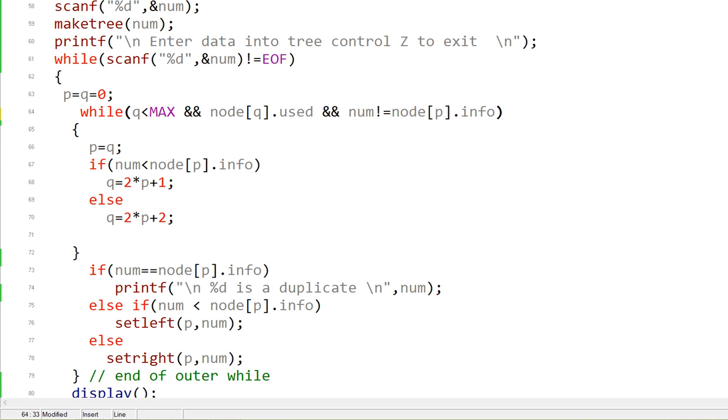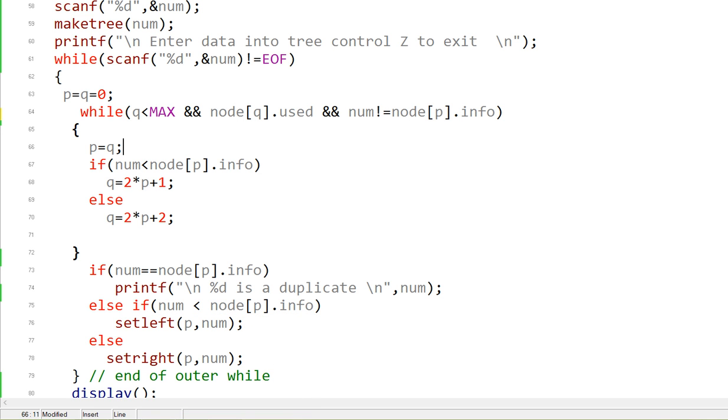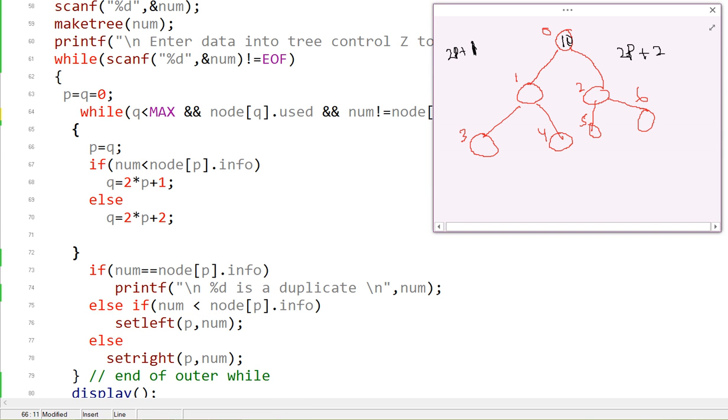But it will carry on because I don't have to state here, because this time it will get out of this. It has done it. That means q has gone to the 1. Q has gone to one portion, right? Q has gone here. If for example the number I put in is, say, 5, so if I say 5 is less than 10, okay, that is node p dot info, what we're talking of here. So it will go to the left child. So q becomes this guy. Okay, then when we come back to this while loop, this condition becomes false because